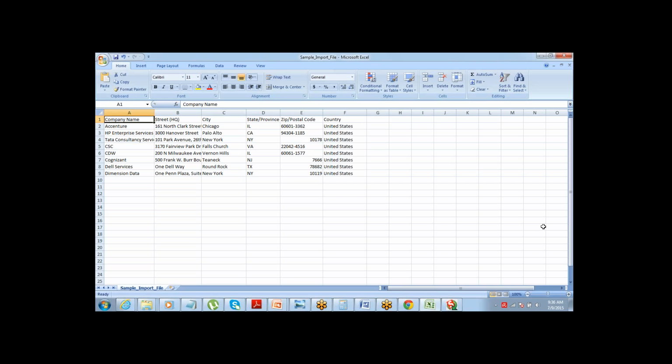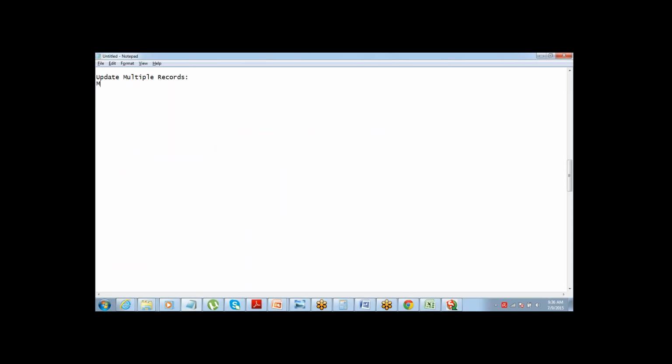For an update, all you have to do is make an Excel file with the ID and the data to be updated. Here you don't need all the fields, you just need the data that needs to be updated and the ID of the records.